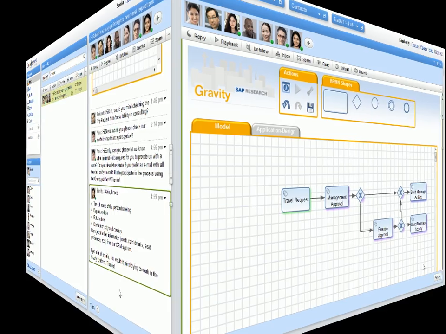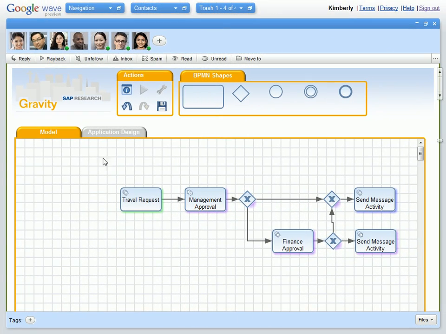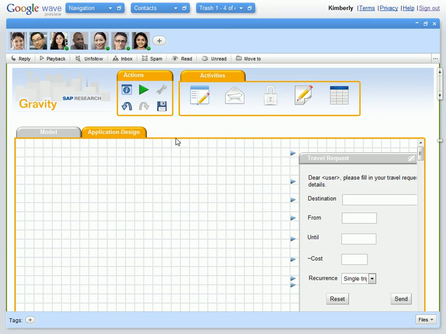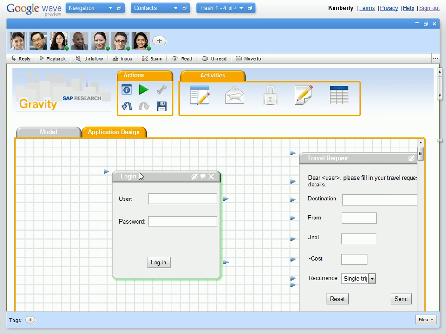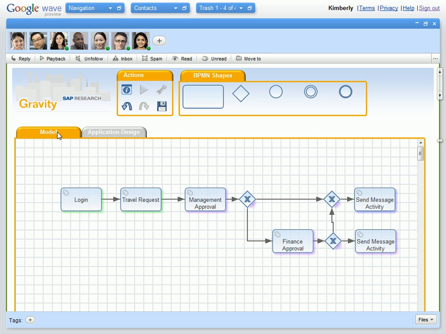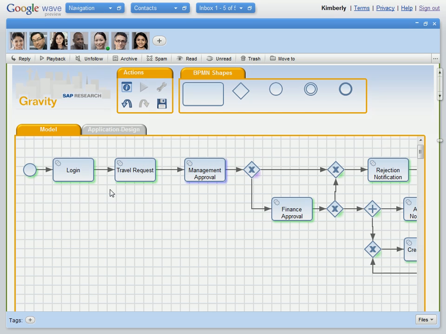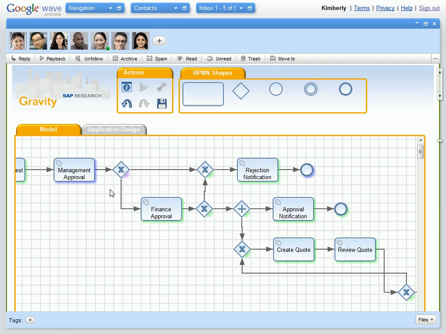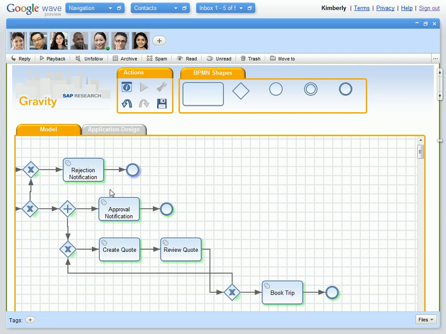Over on Kimberly's screen, she adds a login user interface and links this to the travel request interface to personalize it with the user's name. In the model view, we can see that the model has automatically been updated to include the login activity. She continues working on the model and builds user interfaces for obtaining quotes, and Emily is able to oversee this. With Emily's endorsement of the quotation aspect, the development is now complete and can be executed by visiting a URL